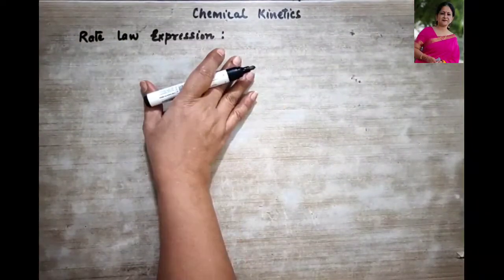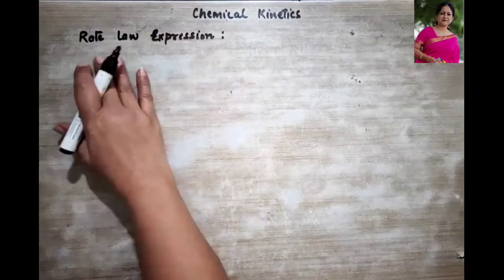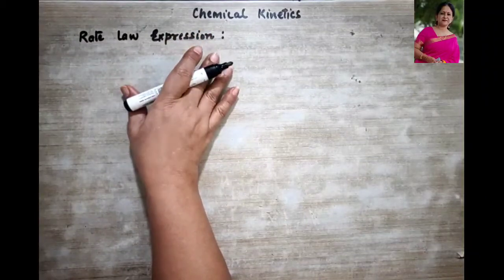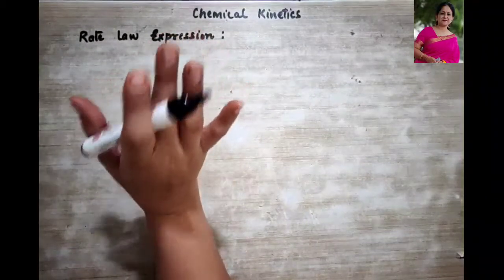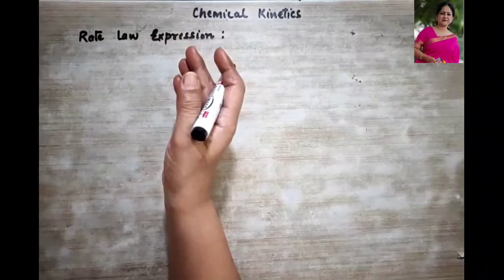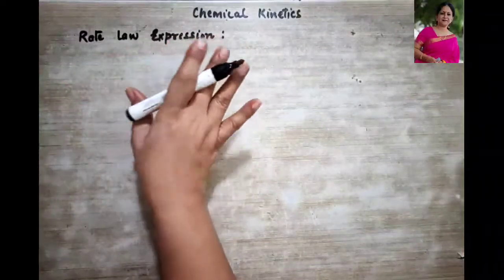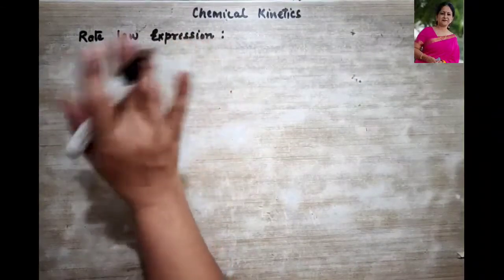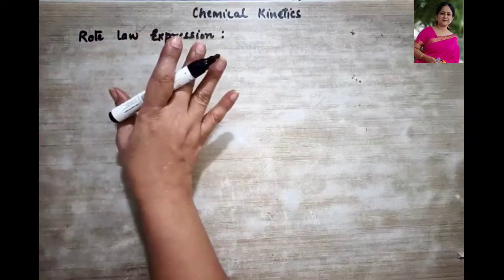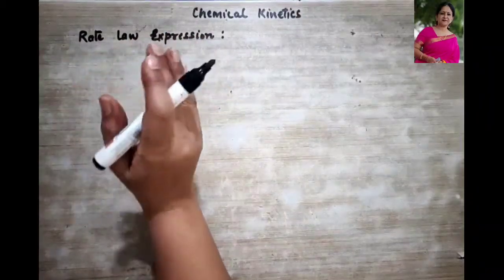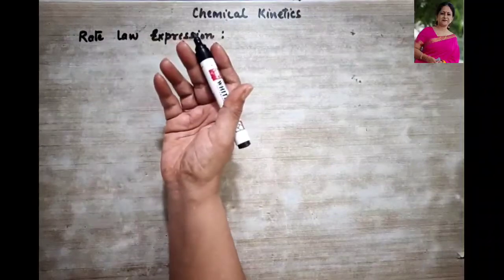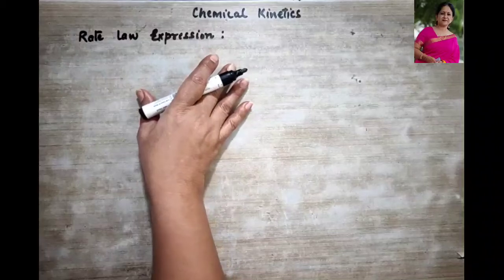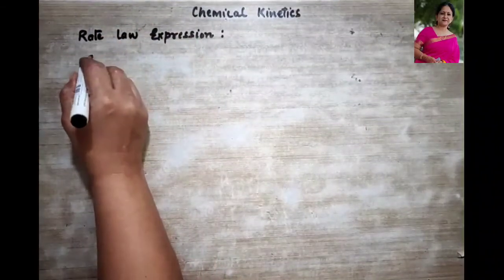Today in this chapter further we move to discuss the rate law expression. This rate law expression tells about the actual dependence of the rate of reaction on the concentration of various reacting species, right? It is based completely on experimental facts and it is always written for the slowest step, or you may say the rate determining step in the mechanism of the reaction. Clear? So let's take one example over here.